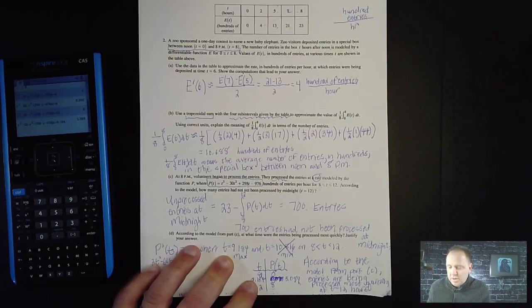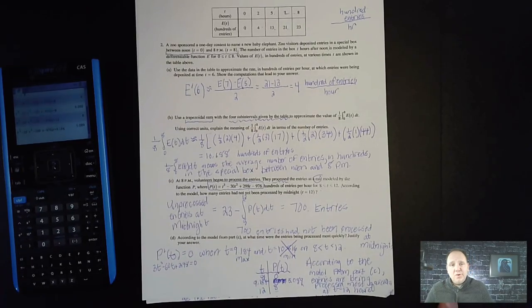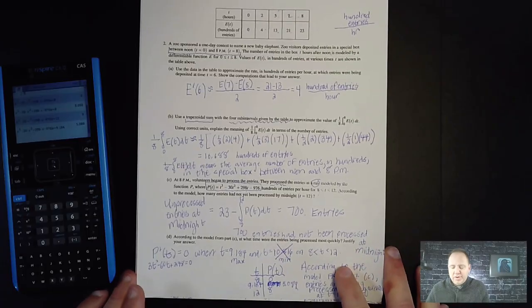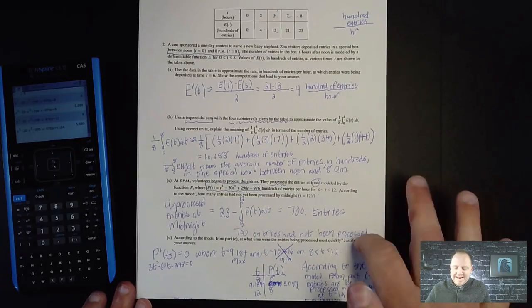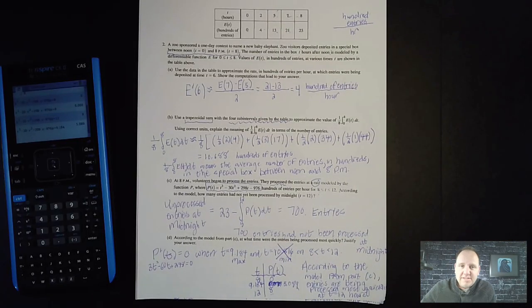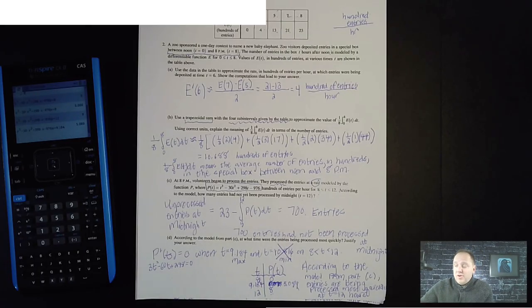All right. Hopefully this rewind helped you out. I hope you're a little bit better now at reviewing the left, the right, the midpoint, and the trapezoidal sum with ancillary topics in between. Keep on studying, and I hope this